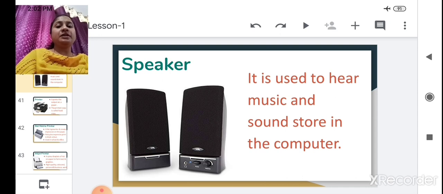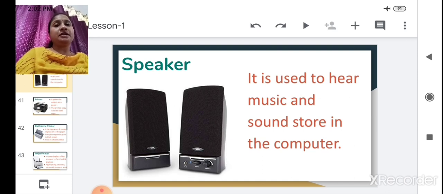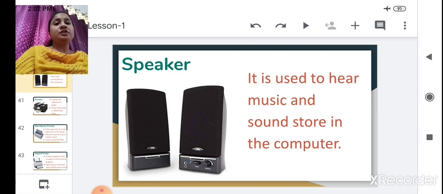Nowadays the speakers are inbuilt in the desktop monitor and the laptop. So for hearing any music or any sound, the speakers are used.